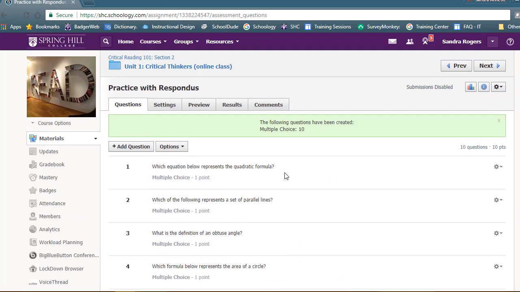Now if you have any questions about this, I'm available to help you. And also, if you get stuck, you can send me your formatted test file, and I will upload it to your exam. Just give me the name of the course and the unit that it goes into. And last, don't forget that with Respondus, you can do the settings within Respondus or wait until you get to Schoology and then add your settings to your quiz.